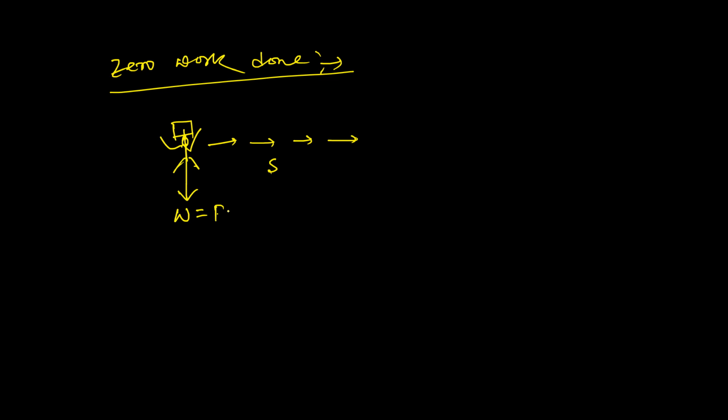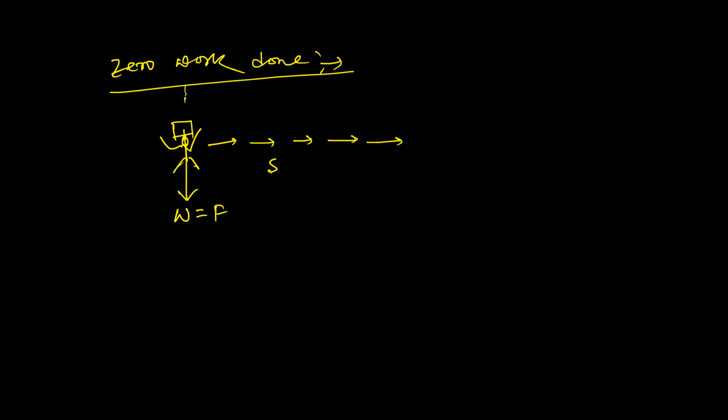It's one type of force, right? But you will see that work done is also represented by W, as well as weight is also represented by W. So you can do one thing: weight can be represented by small w and work done can be represented by capital W. So in this case, the force, that is the weight of the load, is working in the downward direction, but the displacement of the object is in this direction, as I have directed over here. So what is the angle between force and the displacement?